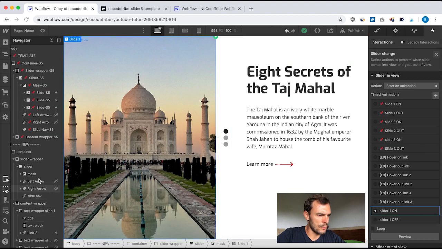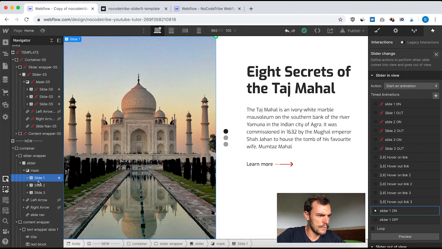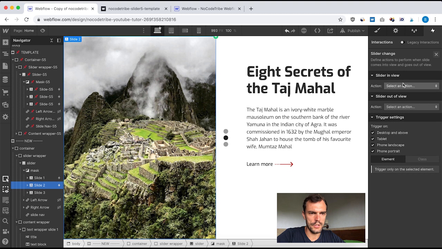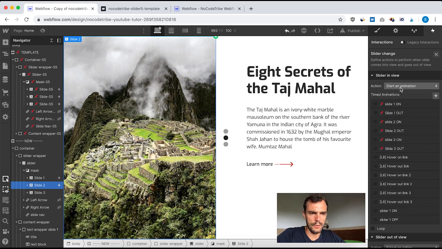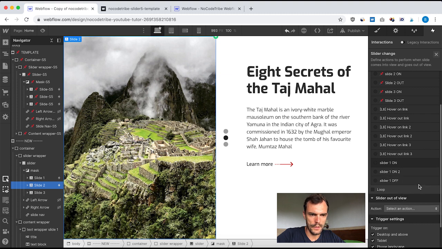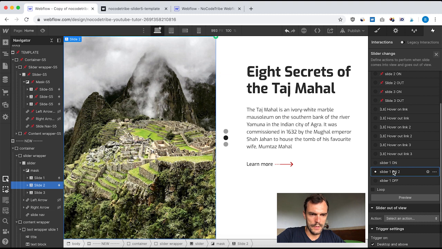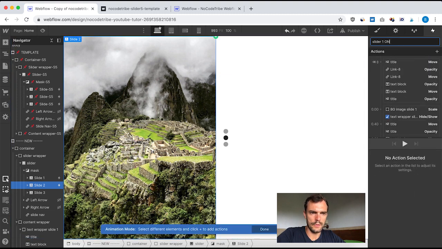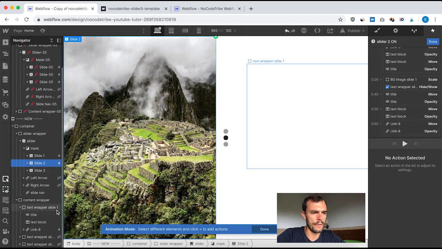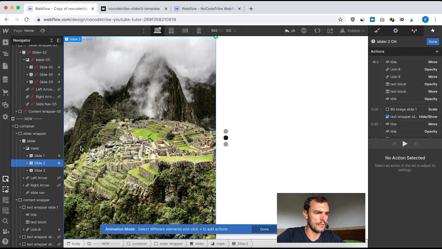So to do that, I'm just going to go to the slider mask here, slide 2. So I want element trigger to select slider change, start a new animation, and here I'm just going to duplicate this one here, slider 1 on, select here, rename it slider 2 on, and then I have to make some changes here because all those elements are linked to text wrapper slide 1, but I want to change those elements to text wrapper slide 2